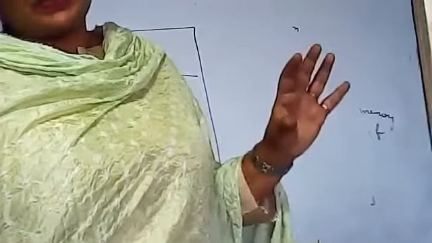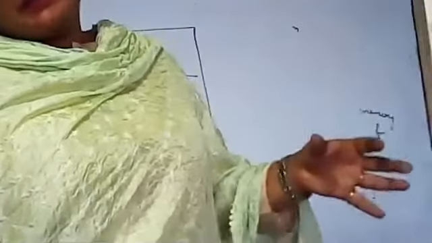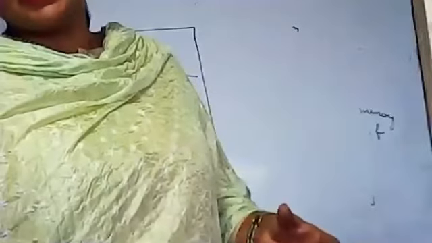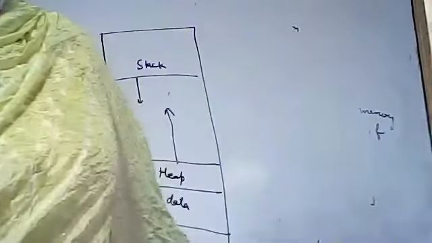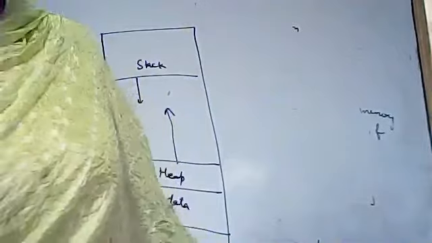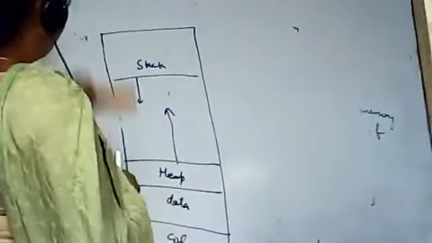In this virtual address space, system libraries are shared via mapping into the virtual address space. Shared memory by mapping pages read write into virtual address space. Pages can be shared during fork, and it can speed up process creation using the fork system call that we have studied. Now the next concept is demand paging. So virtual memory को define करते हैं. Okay, demand paging.